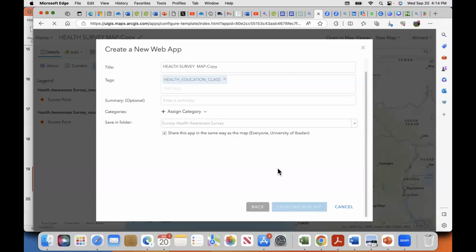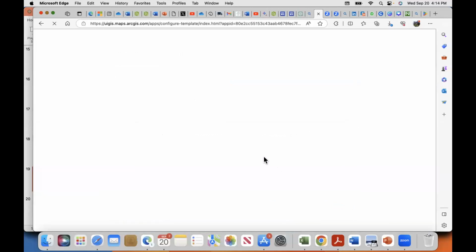So I've clicked on creating web app. The network is still loading. Sorry for the bad network connection.